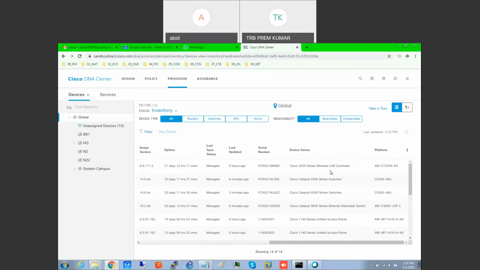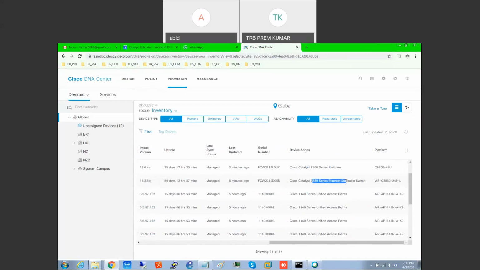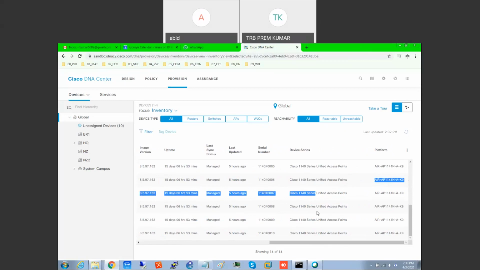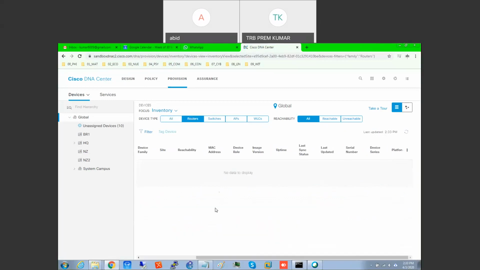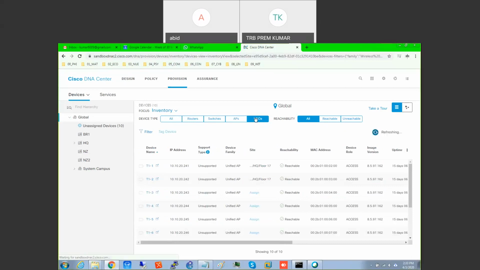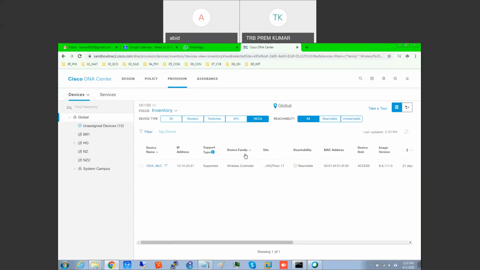Wireless, unified, 19 switches, controller, stackable switch, access points, wireless access points. So these all are the provisions. You can click here and see router, switches, APs, WLC. Clear?